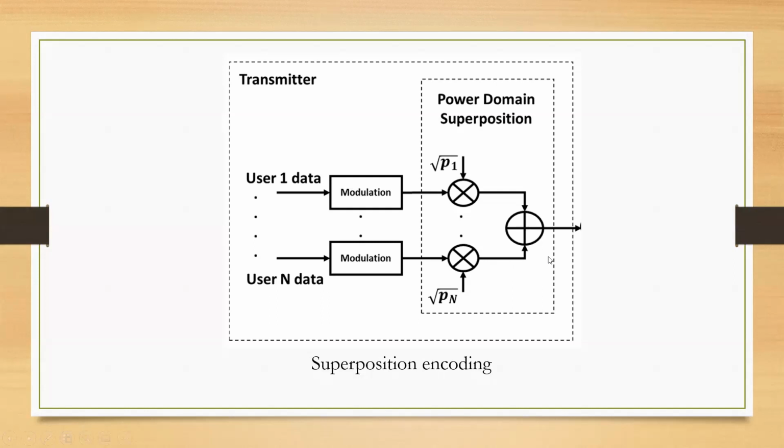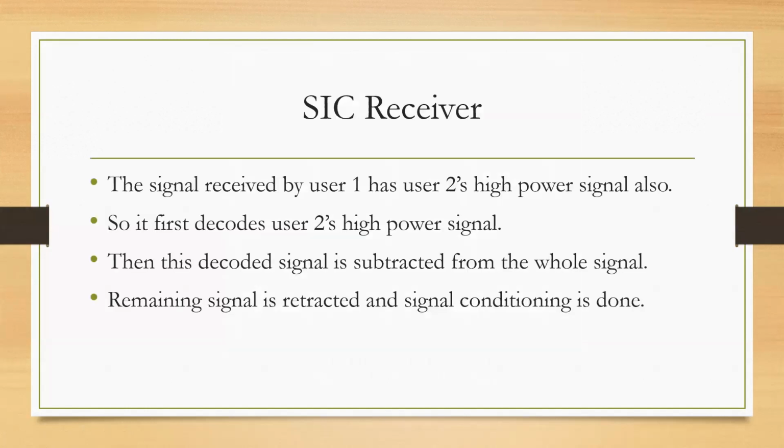And then this superimposed signal, which is the superpositionally encoded signal, is ready to transmit after conditioning. Now, at the receiver side of this system, a technique called successive interference cancellation is used. In successive interference cancellation,